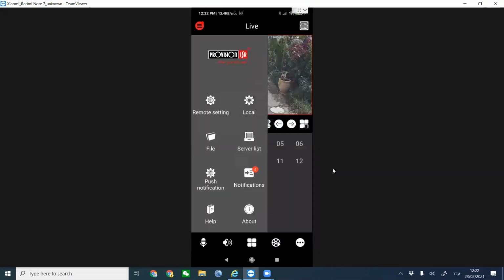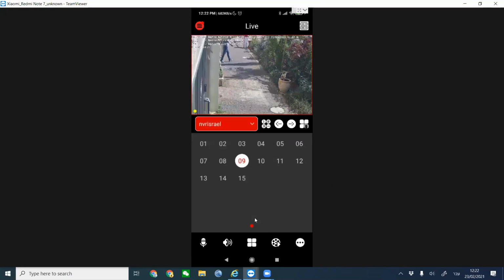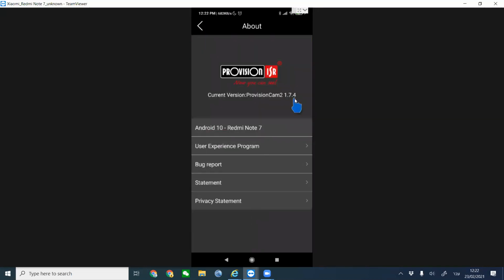Okay, we're near the end. The last two things that we have here are first the about. In the about, you can see the current application firmware that you have on your phone, 174. You can see the name of the phone. If there is any bug, you can report the bug. You can see the privacy statement of the application, all of the legal